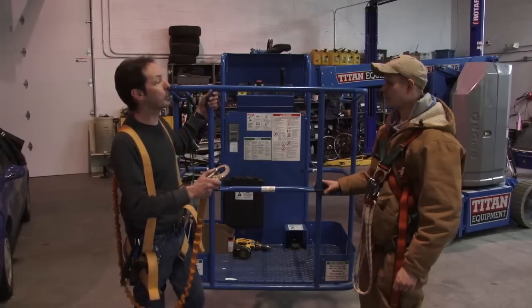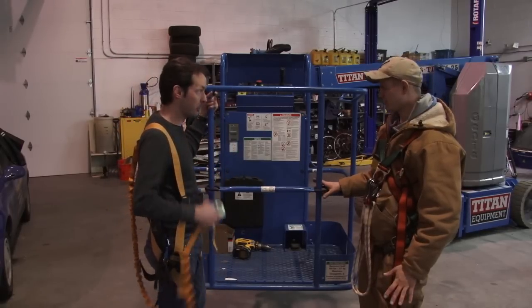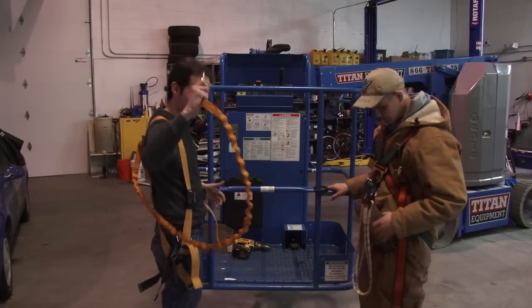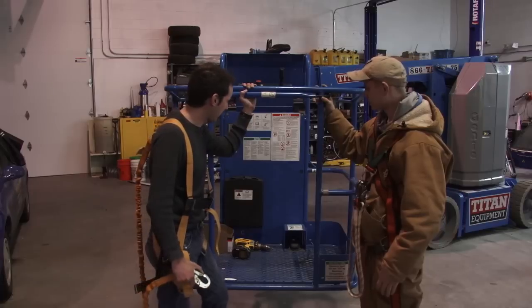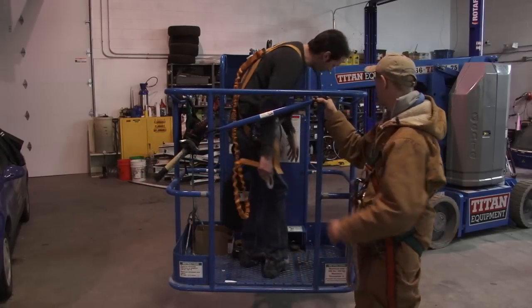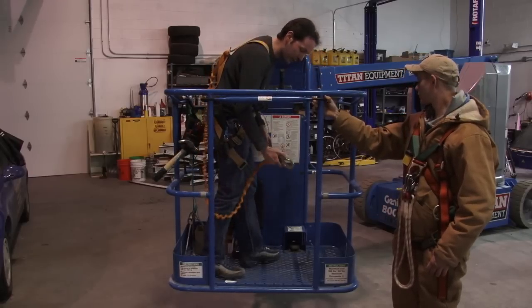All right, now something we should talk about before we get in, safety procedures: if you're in the basket, you need to be in a harness. Yes. So we both have full body harnesses with arrest cables and lanyards and all that jazz. So you lift up the bar. Now inside here, there are a number of attachment points, but here's one here, and there's a matching one on the other side. And you just take your clip,